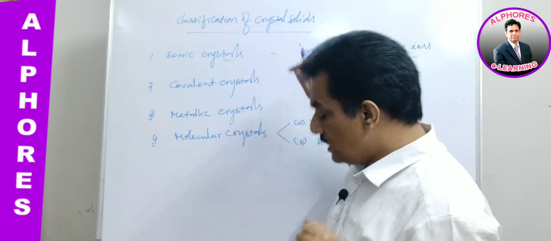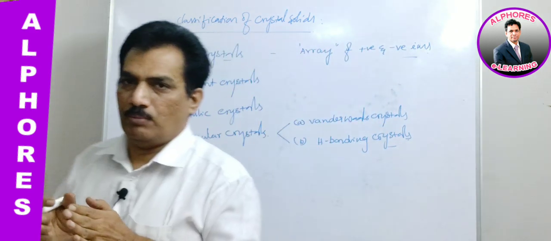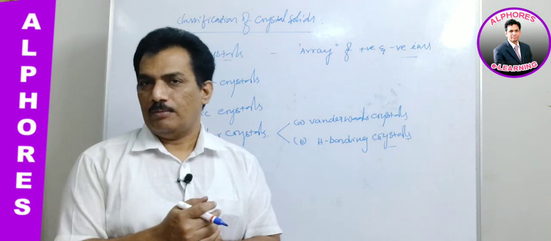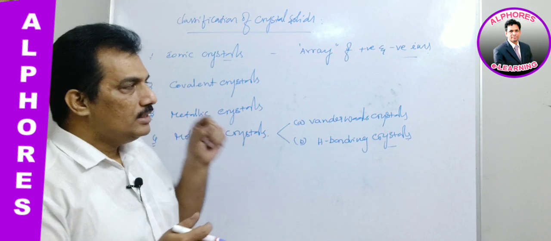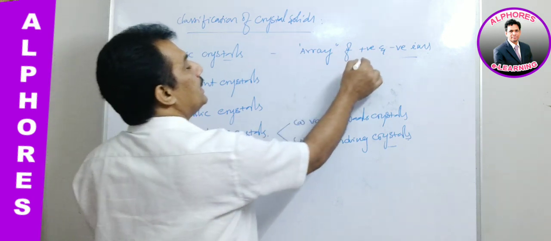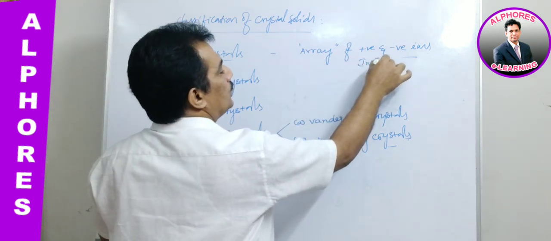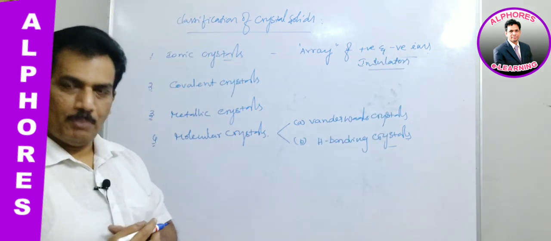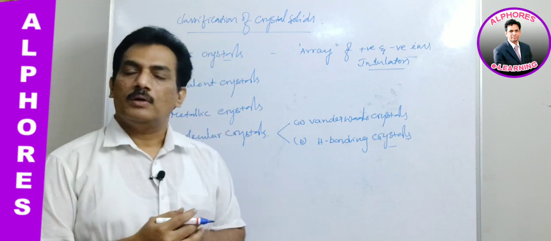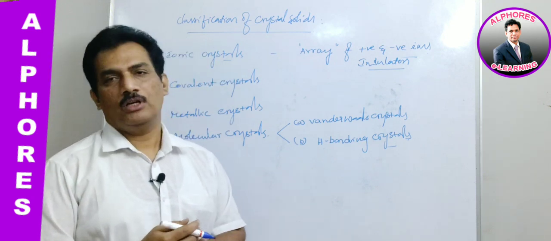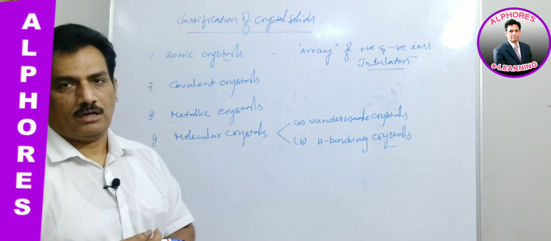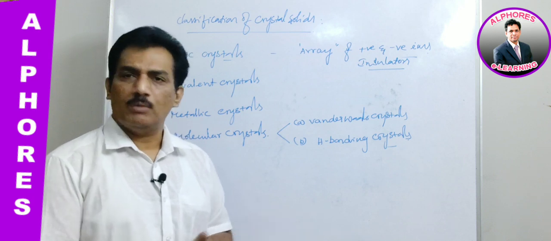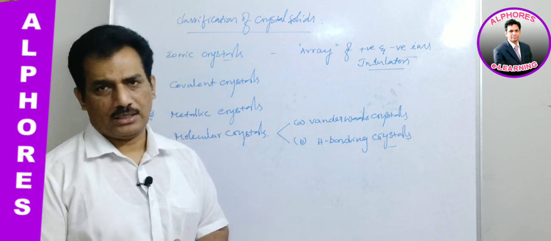Clear? And in these ionic crystals, when they are in solid form, just remember, these ions are not free to move, and thereby in solid state they are insulators for conductivity. Insulators because no free ions exist in solid form, but they are soluble in water and any other polar solvents. Already we know the ionic compound properties from chemical bonding in junior inter or 11th class, is it not?